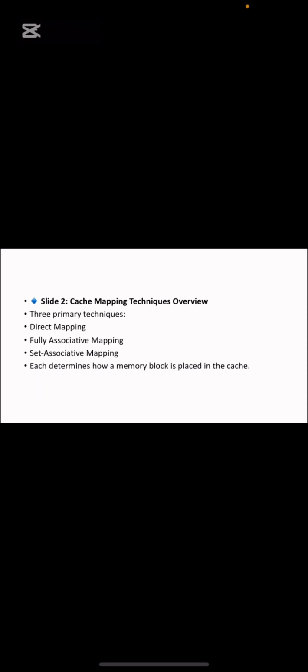So these are the three primary techniques for cache mapping. We have direct mapping, fully associative mapping, and set associative mapping, and each of them determines how a memory block is placed in a cache. As you go ahead, you'll understand what a memory block is and grasp a better idea of what I'm saying. For direct mapping, each block of memory maps to exactly one cache line, and